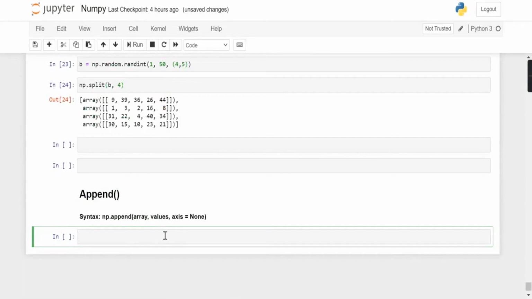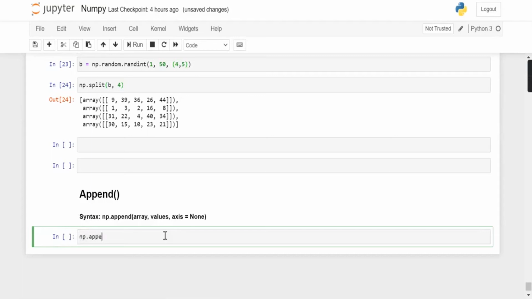Now let's look at another function, that is append. With the help of the append function, we can add elements to our array at the last, I mean the end. And the syntax of append is np.append. It takes the array, the values to be added at the end, and the axis.